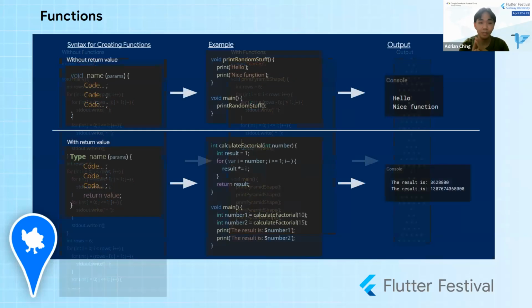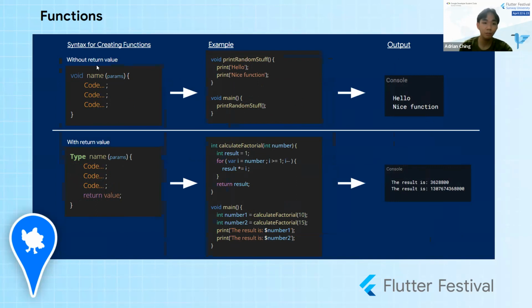Okay, now to actually create a function. For this part, I'm not going to go into really specific details because later on we're not really going to be creating functions, but I'm just going to let you guys understand what we're looking at. So a function can have 2 types, with return value and without return value. A print statement doesn't actually give us a value, right? It's just printing it out into a console. So we use this void keyword over here, which indicates that there's no return value. And inside of these brackets, you can have optional parameters. For this one, we don't have parameters. And basically this example is almost the same as the previous one. It's just printing out stuff.